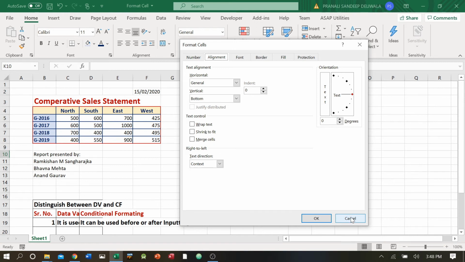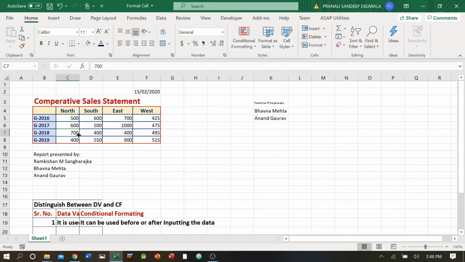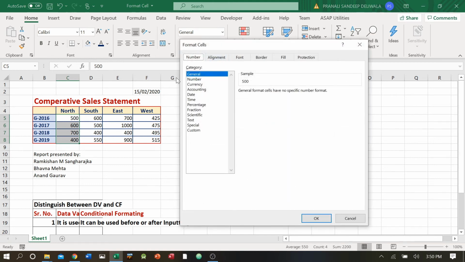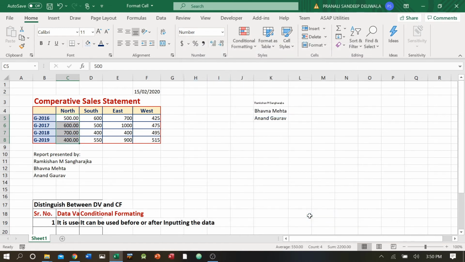The third part we are going to do is to cover the number part. Let us see how we can handle the number part. I'm going to select the number over here and go here. I have a choice here. I understand this is not general; this is specifically a number that I have selected. I'll go into number. I have various choices. I need 2 decimals, and the negative number should be presented this way, -1234.10. I'll say okay, and you can see the selected part is applied.